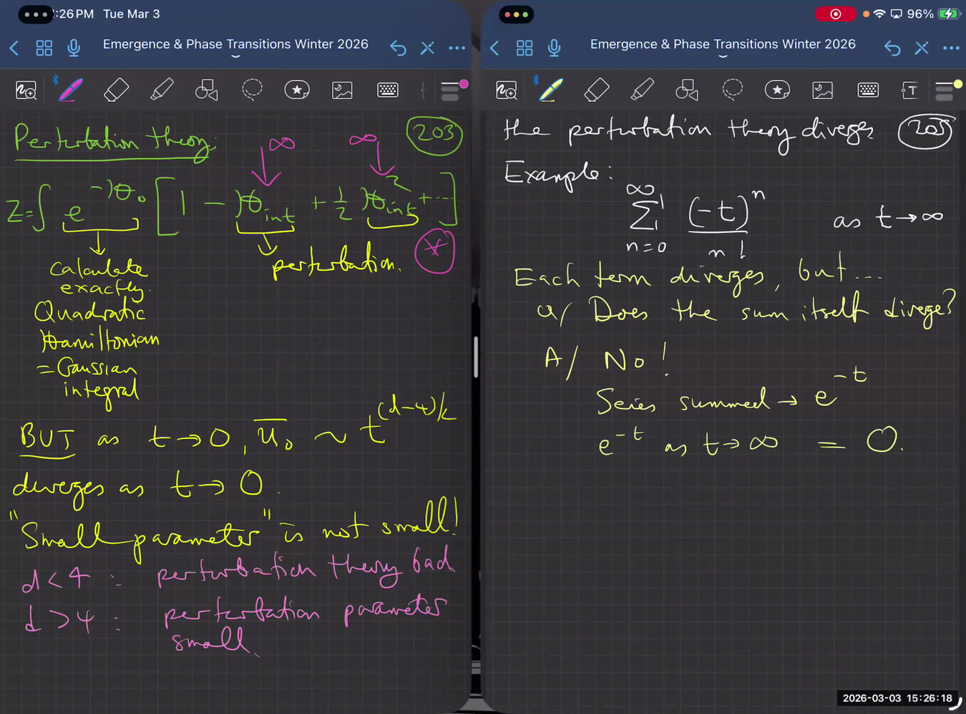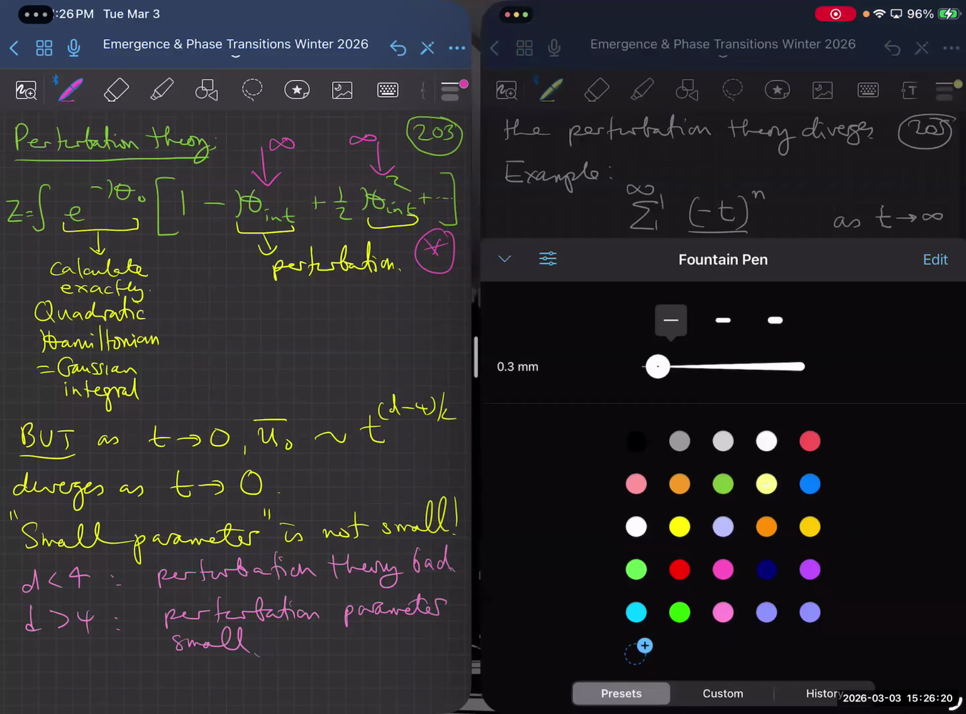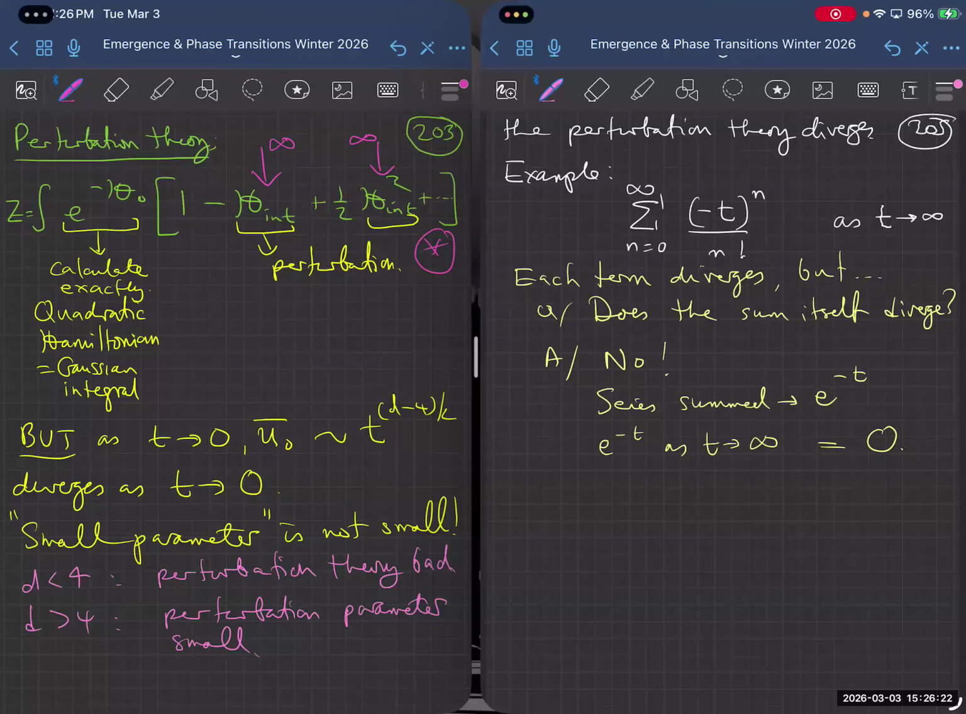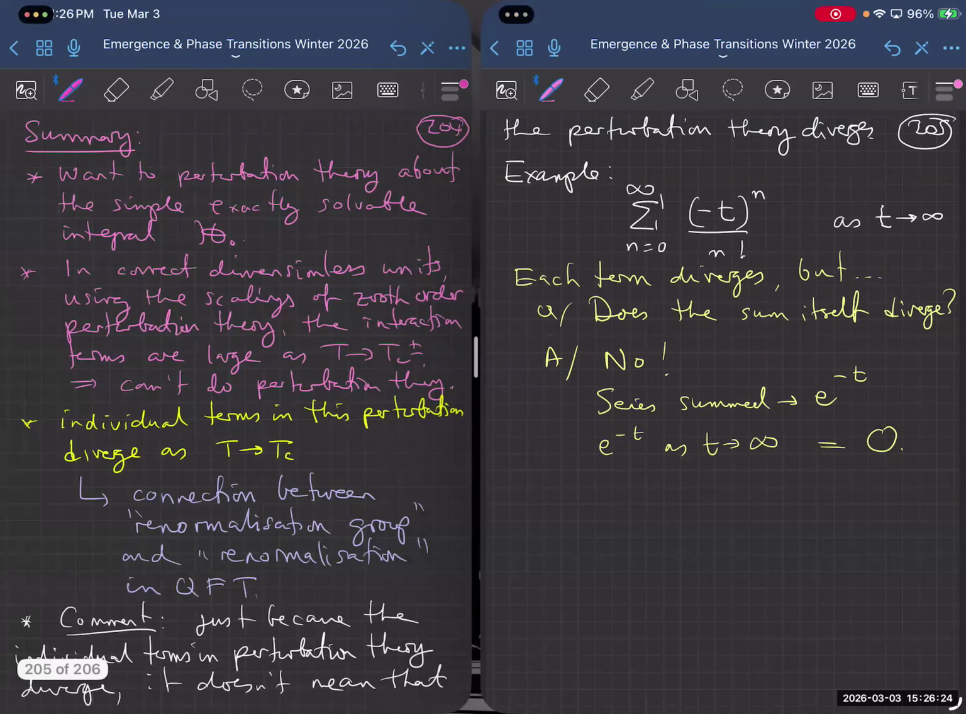Oh, well, let me make another comment. Actually, since I'm talking about this, let me make another comment, because it's also quite interesting. Okay, so here's another comment. All right, let's look at d greater than 4. In d greater than 4, you might say, well, all the terms in perturbation theory